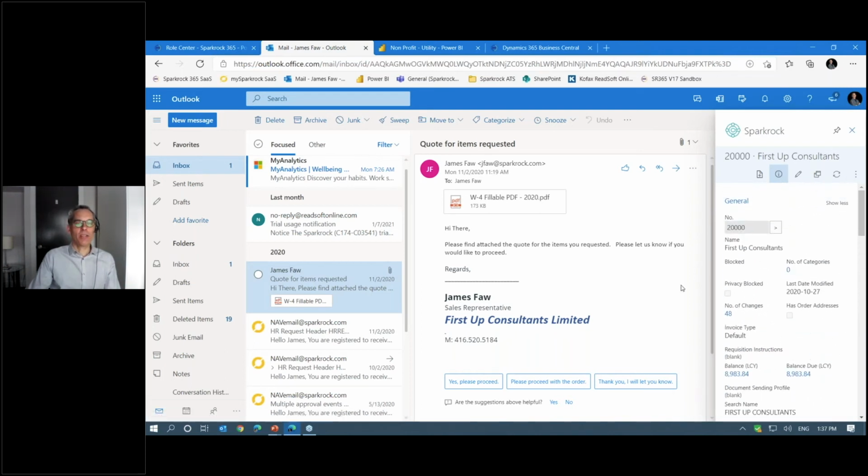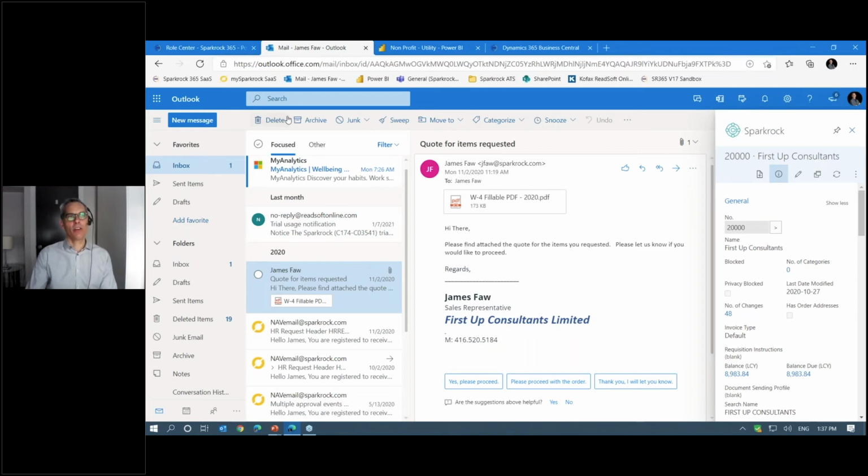So I'm able to actually work primarily in my Outlook, but I'm seeing information. If it's related to a customer or a vendor, I can see information right inside my email without having left my email for that particular customer or vendor. So again, that's another part of that theme of empowering efficiencies, and some of the things that our customers report back to us that are really game changers in terms of their ability to work the most efficiently possible.